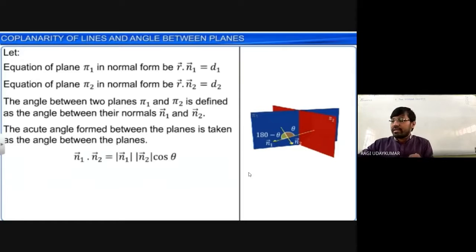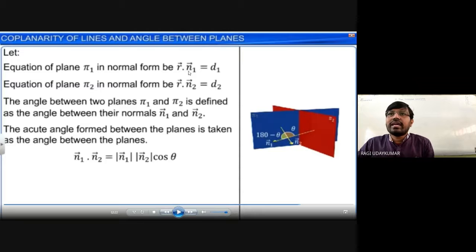Here you can remember that one thing, whenever vector form of a plane is given to you like this without n cap, d1 is not a distance. Please note that point. d1 is not a distance from the origin to the plane. So n cap, if it is given to you, then it is a distance. That point should be mentioned. So it is not a unit vector. n1 is. So the dot product of the unit vector already you have found here. Dot product by cos theta formula.